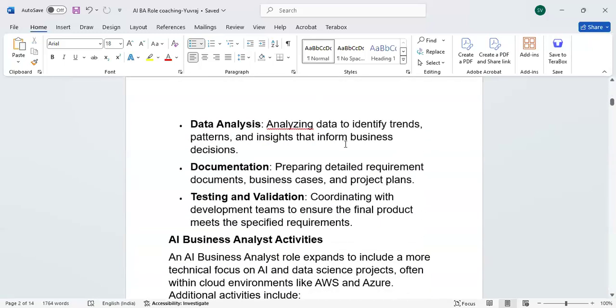Then data analysis: analyzing data to identify trends, patterns, and insights that inform business decisions. So, what are the trends? Basically, being an e-commerce site, you are supposed to always get the latest items to attract customers.